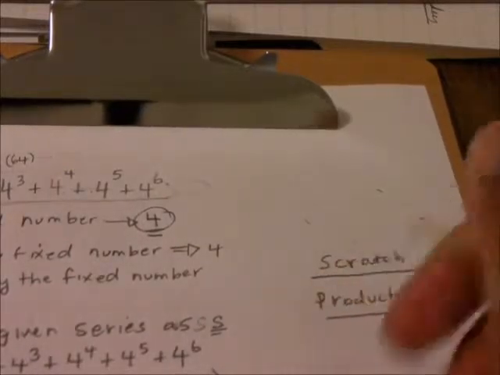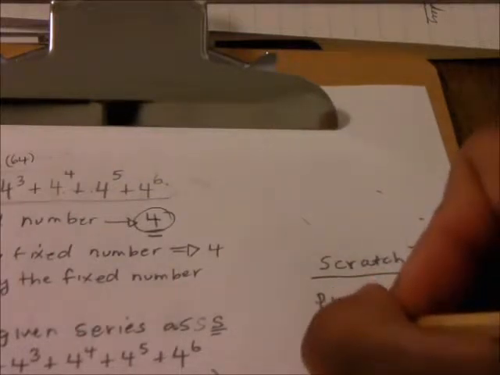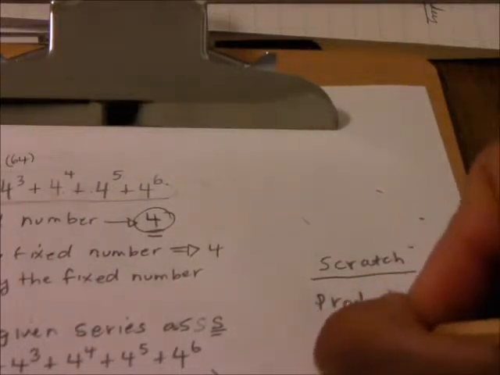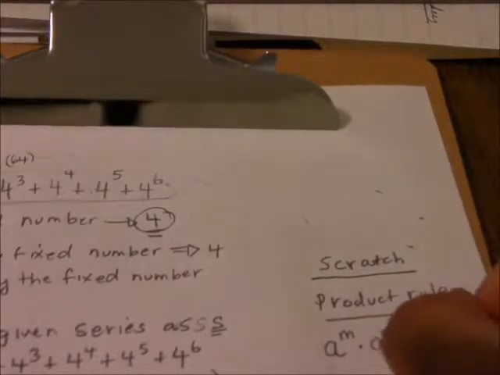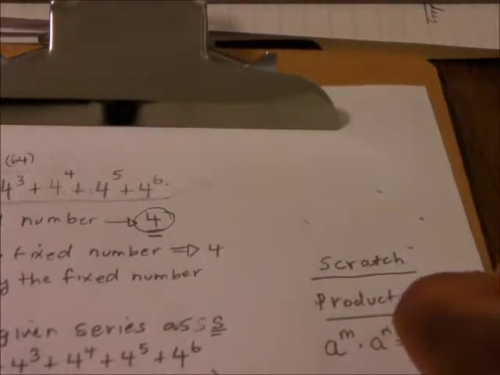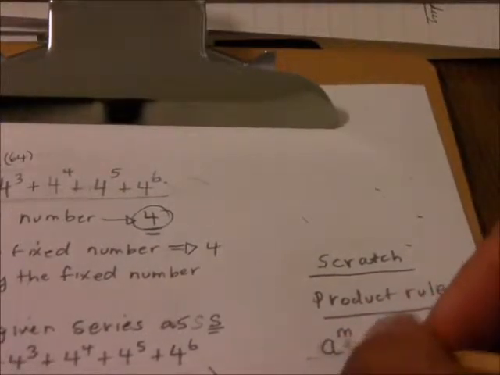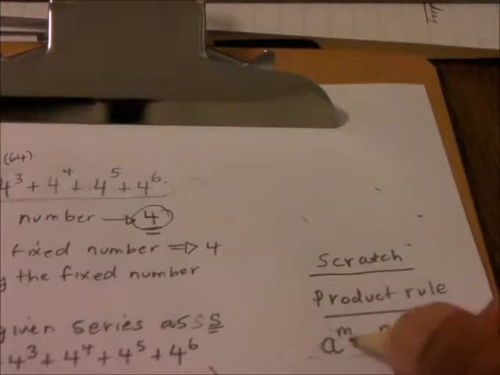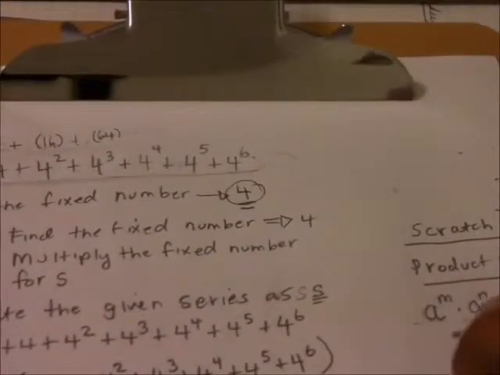A raised to the power of m times A raised to the power of n equals A raised to the power m plus n. That means that if you have the same bases, you write the base that they share, and then you add the exponents. And this is how it works. For example,